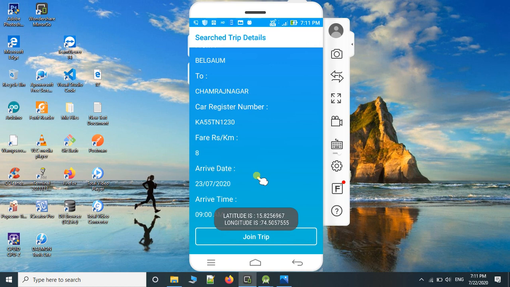After clicking on this join trip button, it will show one toast message: trip is booked for you. Means here I successfully booked this trip.